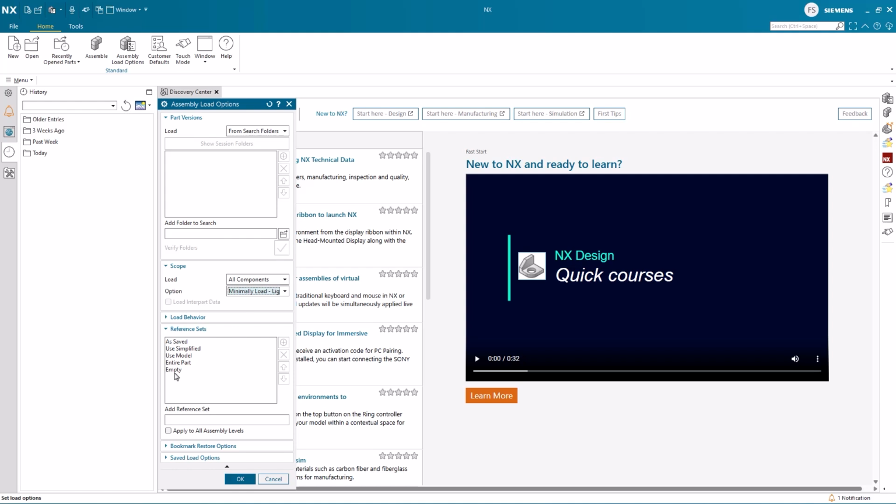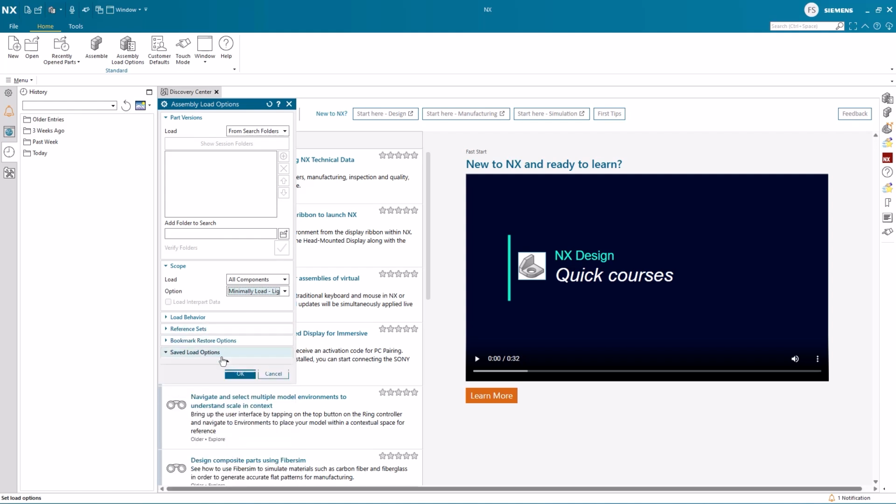Note that the list here is hierarchic in the way it is applied, starting from the top. Finally, at the bottom of the menu, you have the option to save and restore your load options in various ways. You can also save the load option to a file. That can be handy if you want to share how to optimally load your assembly with others.